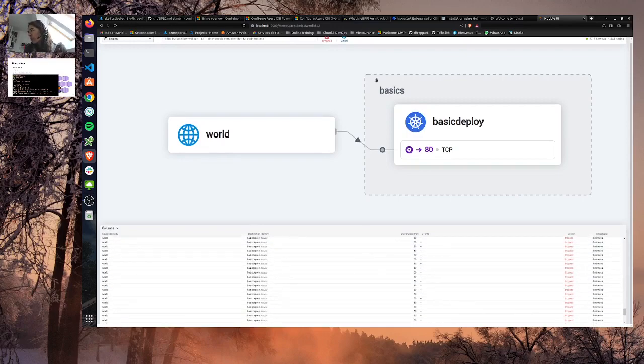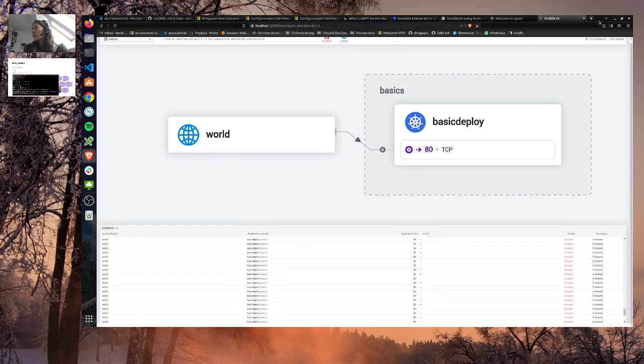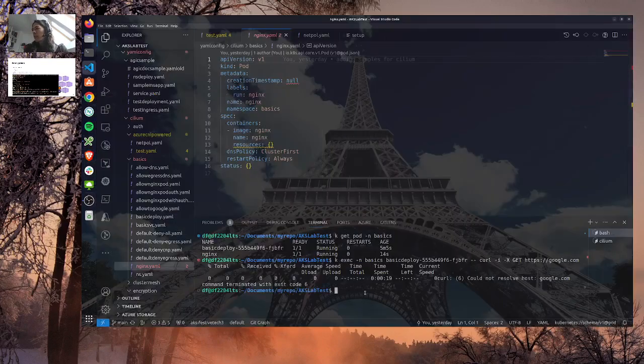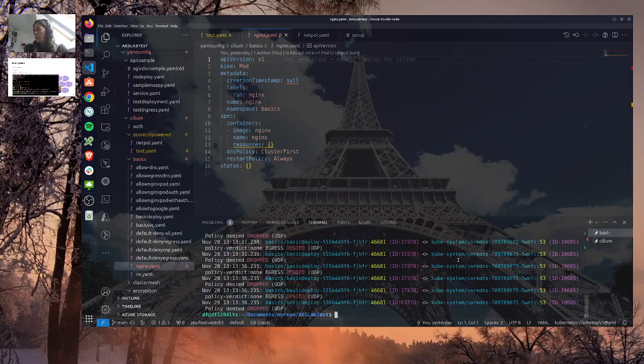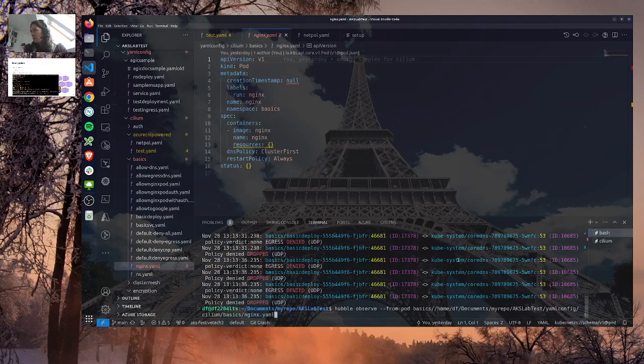Not very visible here. So let's try to do it from the command line. It will be better. So let's do a Hubble observe. Basics slash.